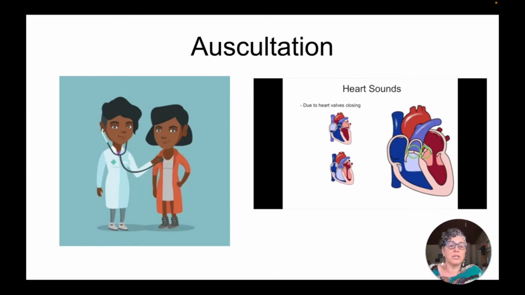And so what the doctor is listening for is the sound of these two valves in sequence. So the first sound you hear is due to the AV valves closing. This is called the lub. And the second sound is due to the semilunar valves closing, called the dup. So a doctor listening to your heartbeat with a stethoscope is hearing